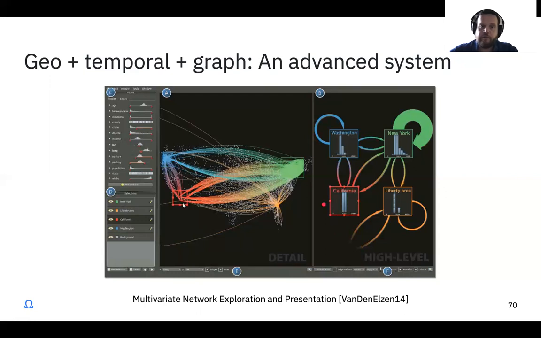So there have been no movements in the selected time frame. We see some immigration from abroad to the Liberty area, and you can see that they provide a lot of tools to really tackle this advanced data. They are also working with scented widgets, so you can filter the data by various attributes, which can be related to both the